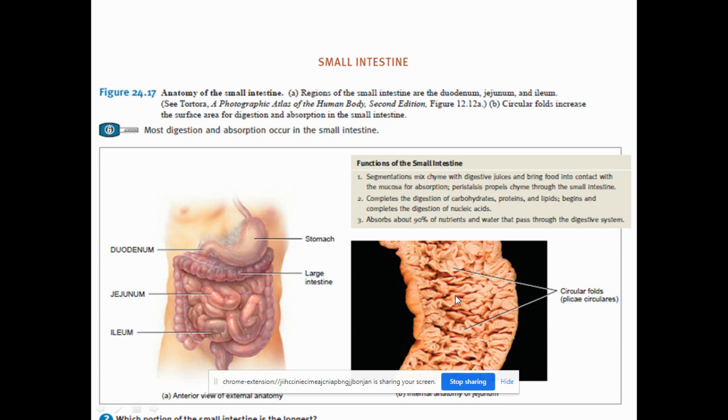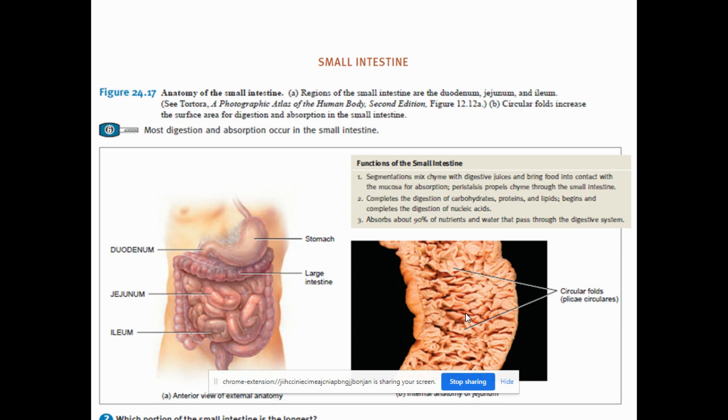So almost the digestion will be completed in the small intestine. That is the duodenal region. The 90% of the digestion will be completed in this duodenal region, and immediately the absorption also begins. So absorption also begins, and by the time they come out of the small intestine, 90 to 95% of the